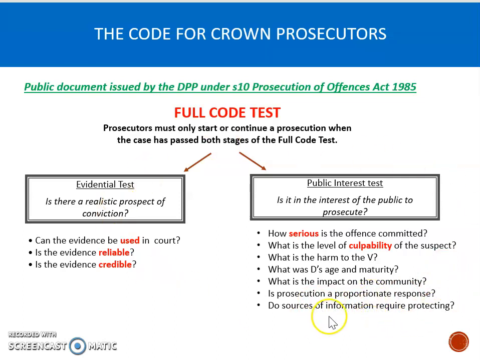And this is quite interesting when we think about, there was a recent very tragic case where Caroline Flack committed suicide, and she was being prosecuted by the CPS for allegedly assaulting her boyfriend, and that might have been one factor in why she took her own life. But there was lots of criticism around that case about whether it was actually in the interest of the public to prosecute, because her boyfriend didn't want the prosecution to go ahead. So that's quite an interesting case you might want to have a look at in respect of this.